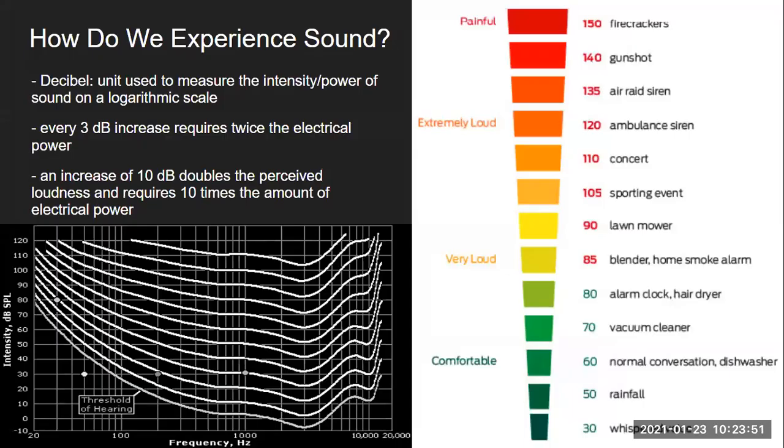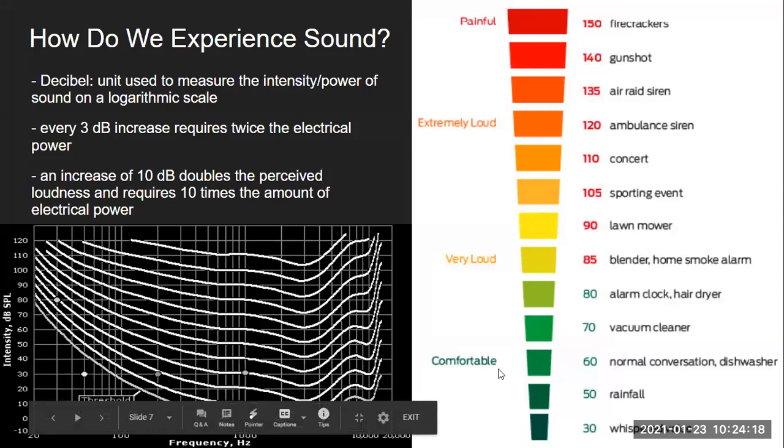Before we go more in depth into transducers and stuff, I just want to give you a quick overview of how sound is experienced as well, just so you can have a general understanding of that if you don't already. Sound is measured on a decibel scale. You may have heard the word decibel used before, but might not know what that correlates to. So I included a couple of infographic diagrams here.